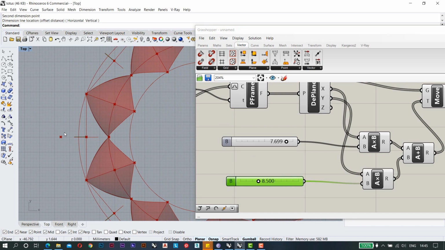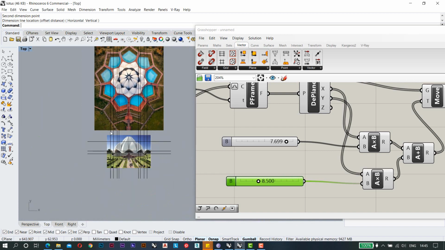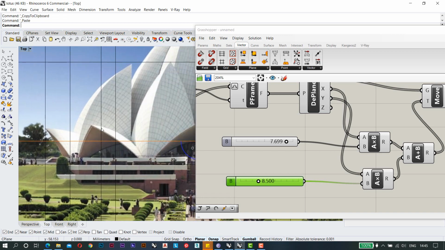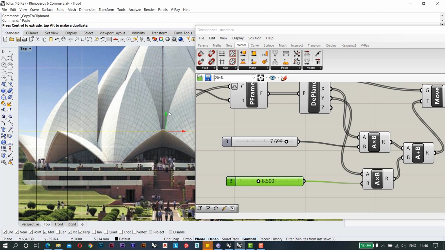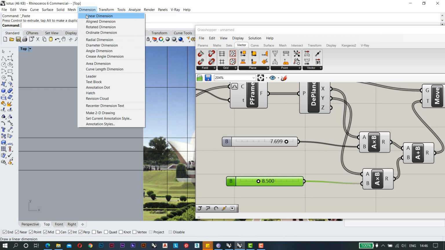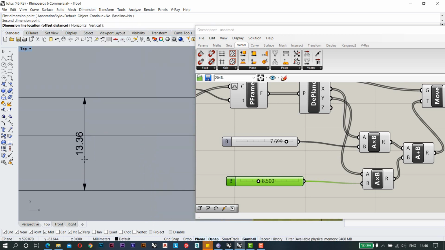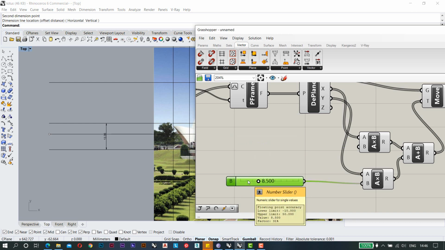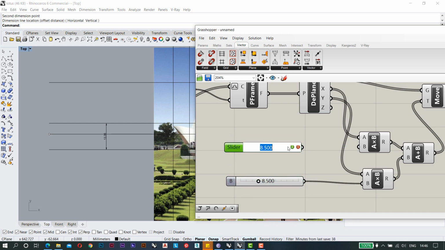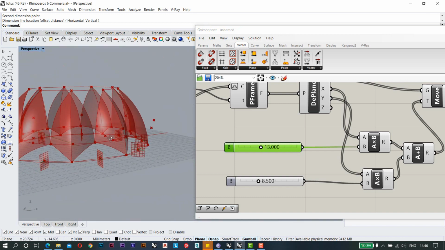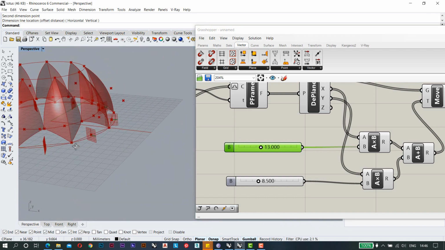Now what we need to do is we need to have the height also. For calculating height, I will again go to my elevation, Control C, Control V. I will drag this image up to this point so that I will get this height. I will click on the dimension, so it will give me this height. This is around 13, so I'm putting a new slider which will have the 13 value. This will be the value for my points, so these points are already set with that.